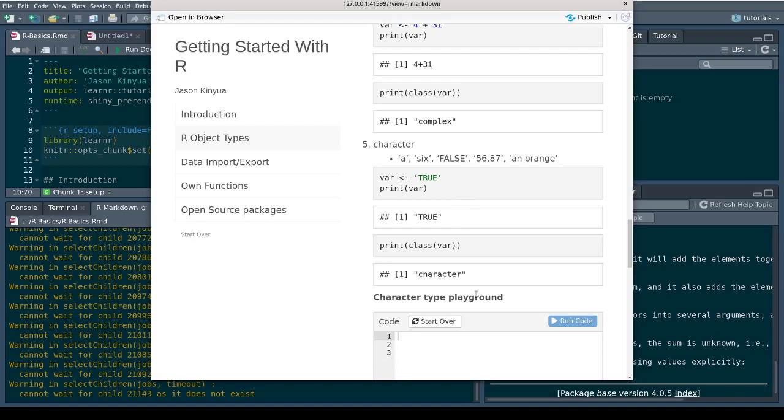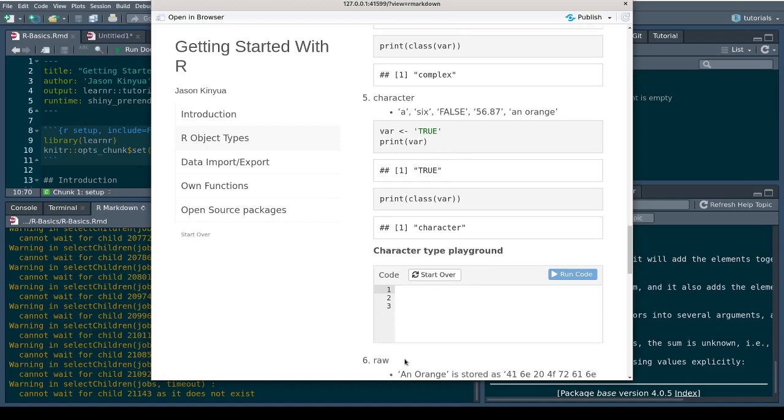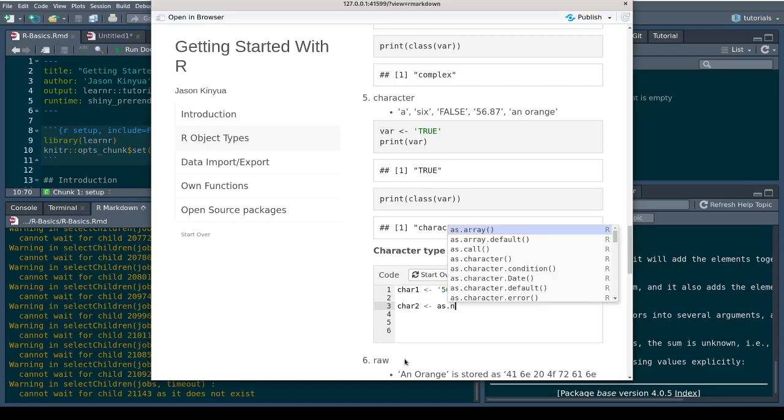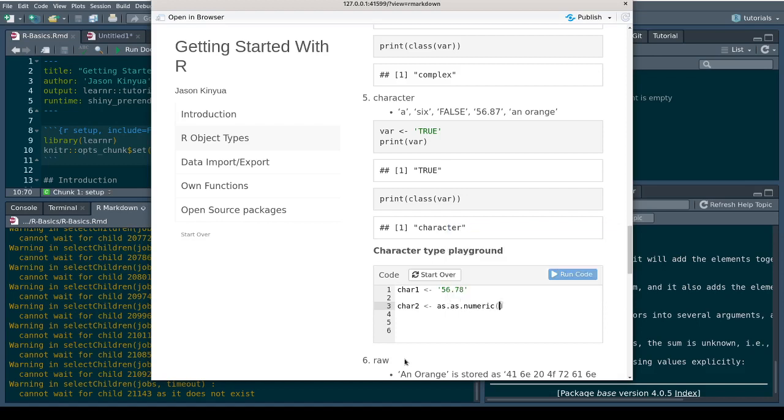And also remember typecasting. You can move from char1 equal to 56.78. Okay, let us define it as a character, and do a typecast. Cha2 we do a typecasting as numeric, and then this is Cha1.